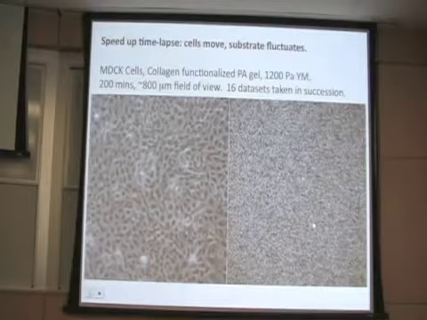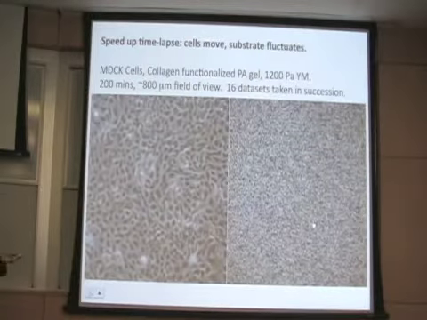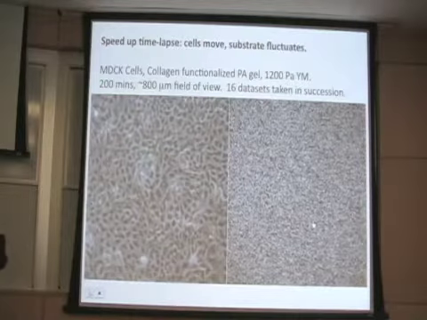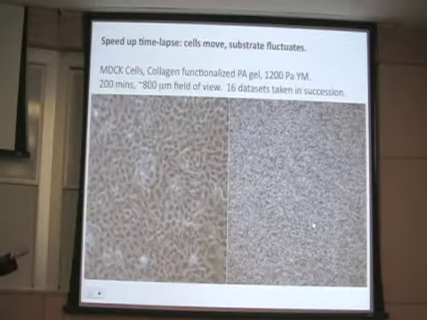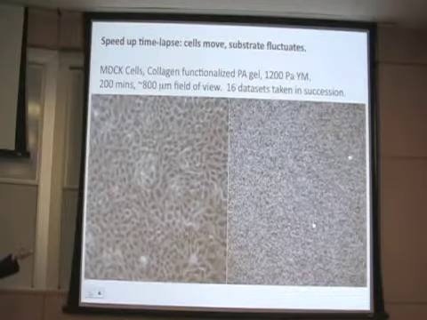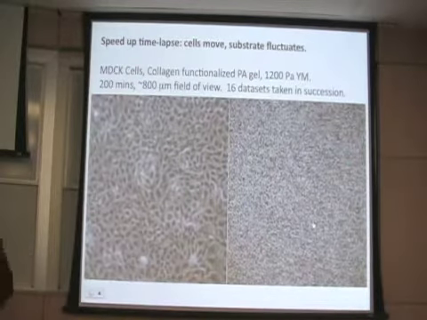If you look at how they deform the substrate below, you see little teeny fluctuations. It's like little blades of grass blowing in the wind or something. I don't know, it doesn't look all that dramatic, right? But